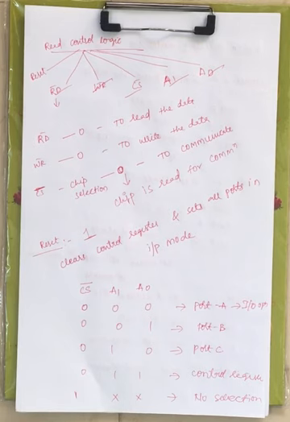Now this is about the architecture of 8255. In the next lecture, we will see the pin diagram of 8255. After that, we will see the interfacing of 8255 with the microprocessor under IO mapped IO and memory mapped IO.